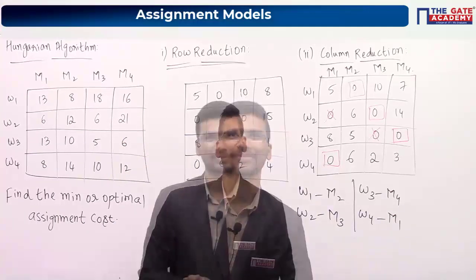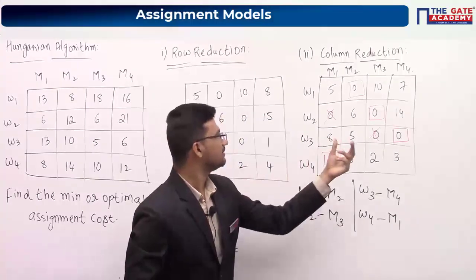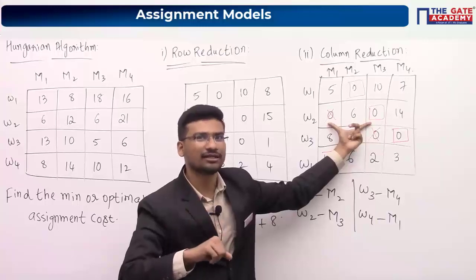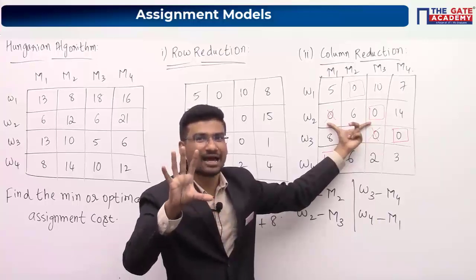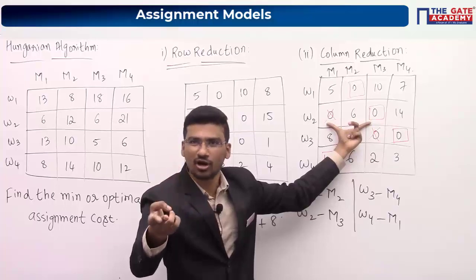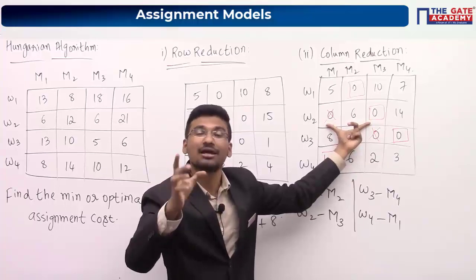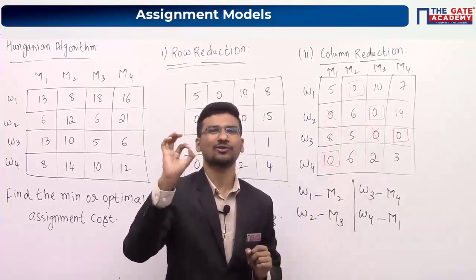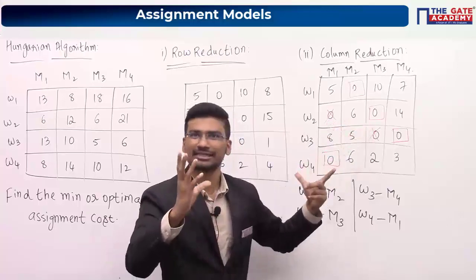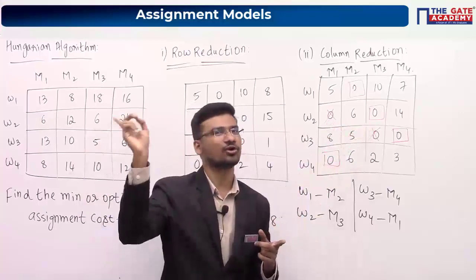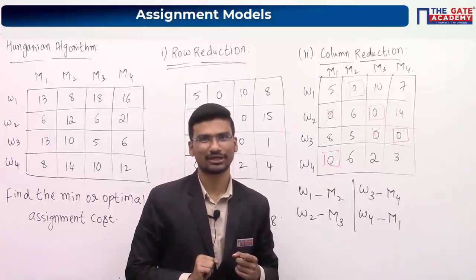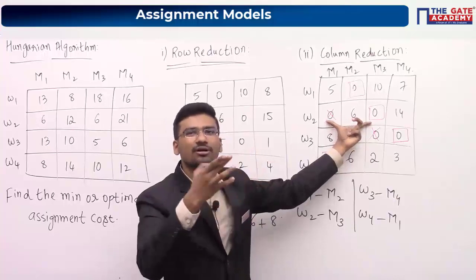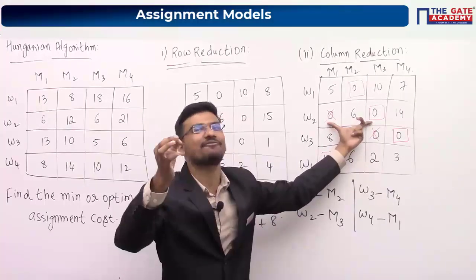See, in a double zero row, let us say this is a double zero row. In this you are having two zeros. Now you will be confused, right? Where should I allocate? Whenever there is no single zero row available and no single zero column available, you will be getting multiple optimal solutions. Then you have to go for double zero rows first. You can choose any zero randomly and you can assign. You will get the same final answer.